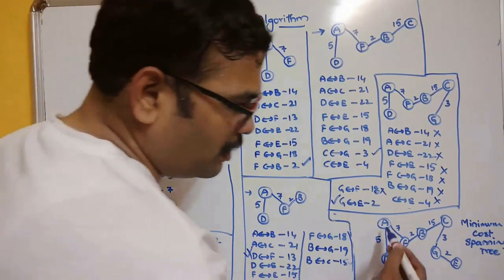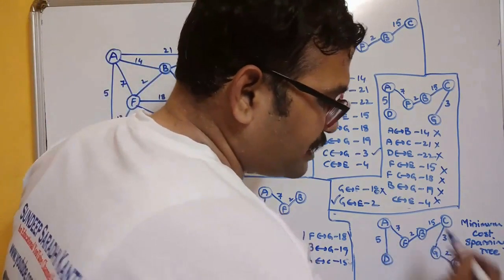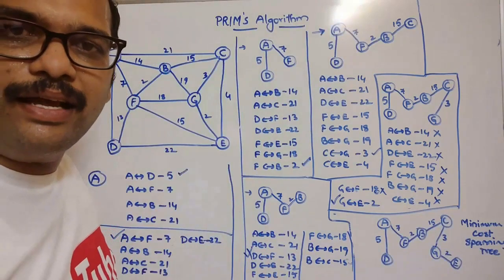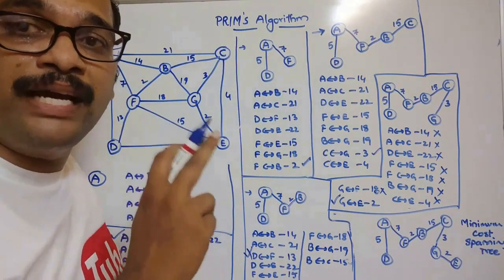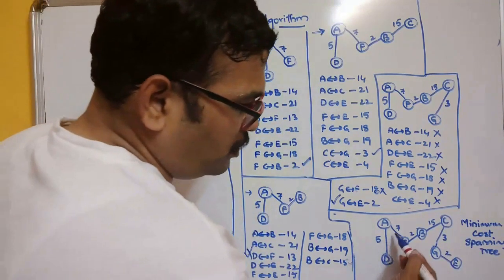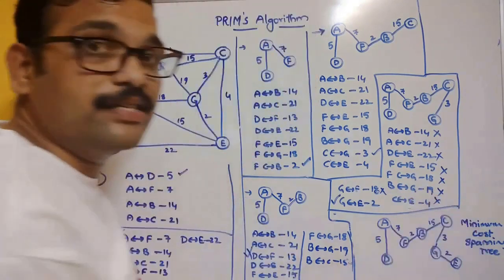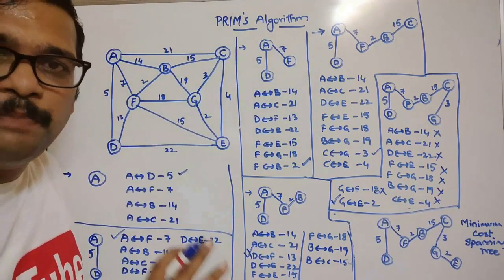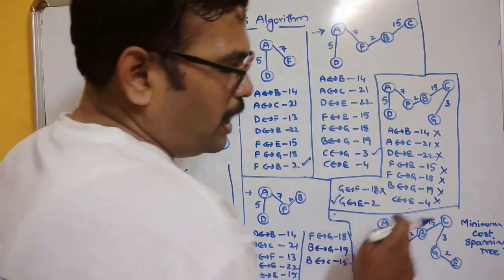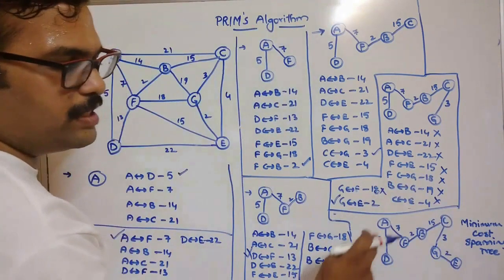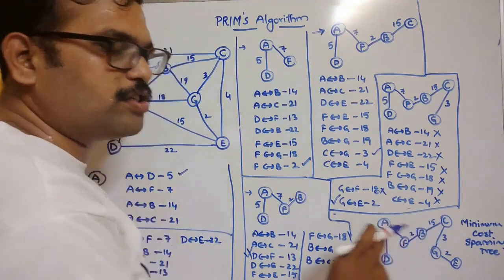So how many vertices are there? 1, 2, 3, 4, 5, 6 and 7. 7 vertices are there. So it should have 7 minus 1, 6 edges. So 1, 2, 3, 4, 5 and 6 edges. So it satisfies the spanning tree, and you can see this is the minimum cost spanning tree